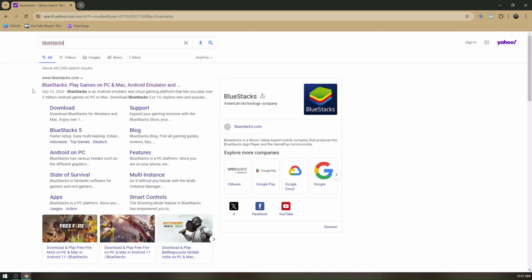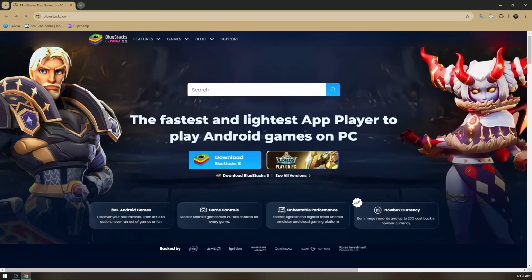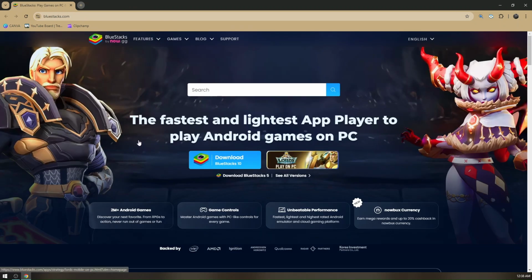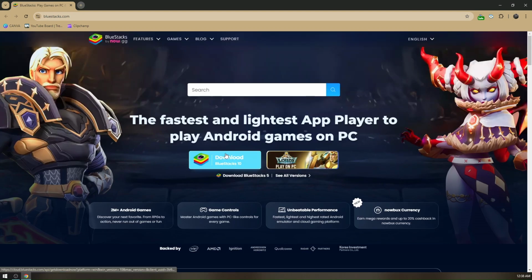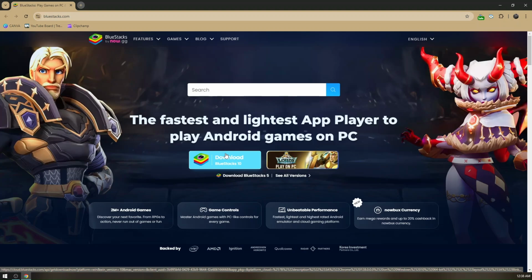And then you'll just have to click on the first result right here. You will be routed to bluestacks.com. And then here, first thing you want to do is download BlueStacks 10 first, or depending on your computer architecture. So once you've downloaded BlueStacks, you just have to create an account, and then once you're logged in,